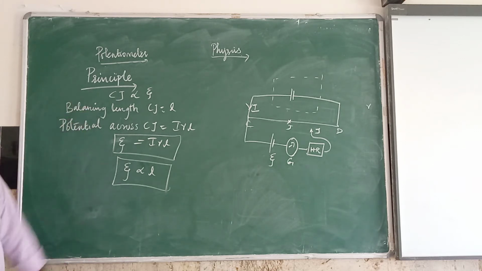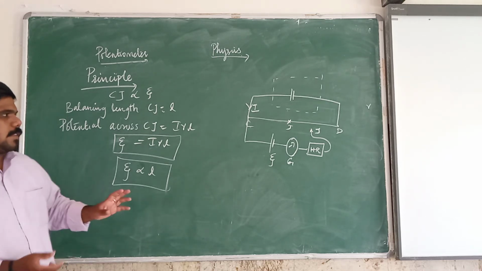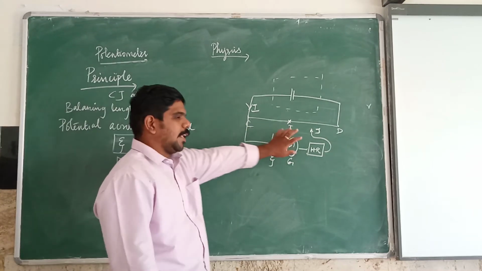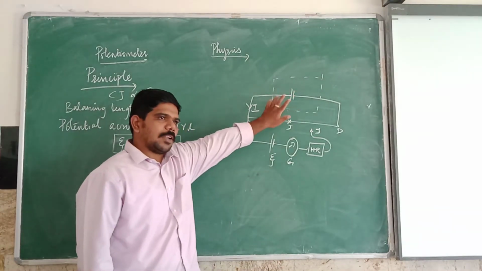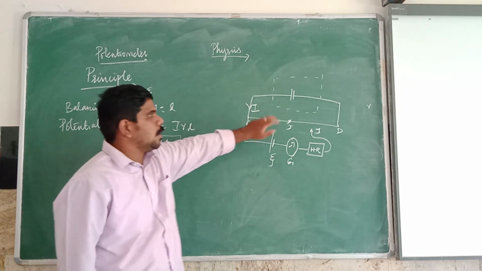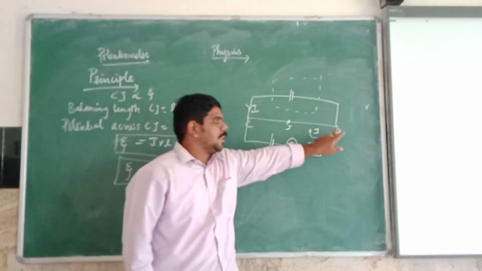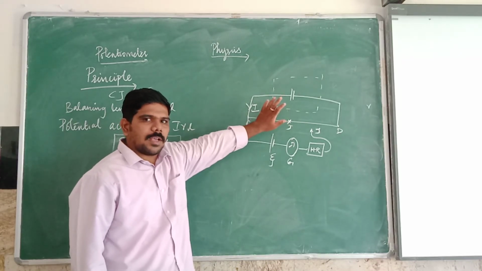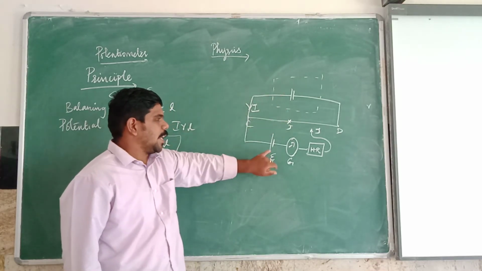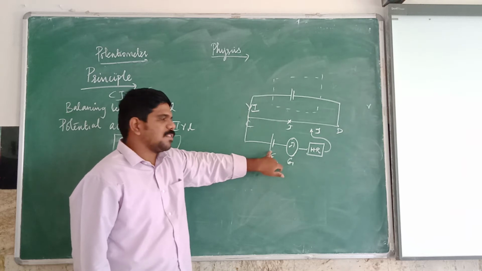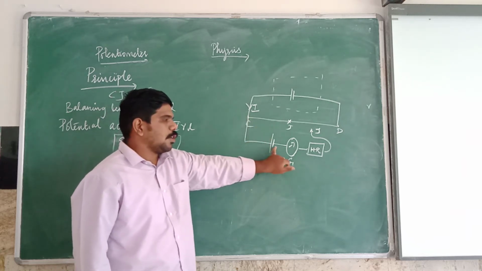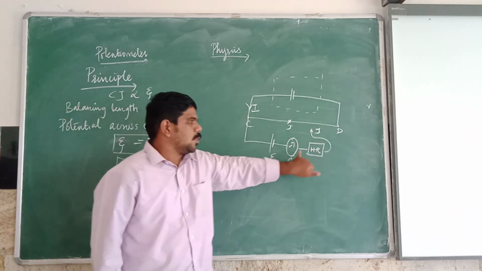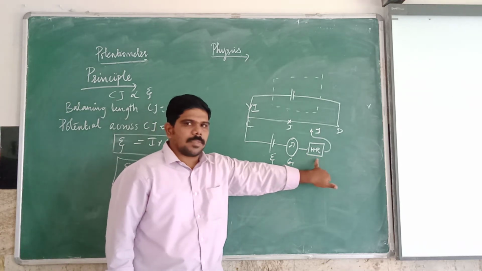This is the principle of potentiometer. So what are the parts we are saying? First, we take the potentiometer CD. The positive of the battery will be connected to the C end of a potentiometer. The negative of the battery will be connected to the D end of a potentiometer. This forms the primary circuit. Now we take the EMF of cell. The positive of the EMF cell will be connected to C and the negative of the EMF cell will be connected to the jockey through the galvanometer and high resistance.